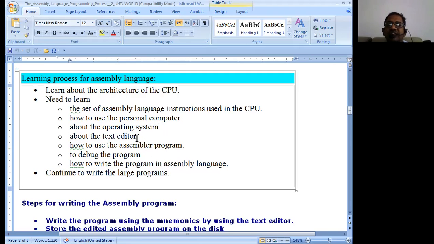You should also know how to use the assembler, and how to write the assembly code in that text editor. That means how to press the reset button, how to use the keyboard panel to write programs, and how to debug the program. You should know all these various steps in order to write assembly language programs.